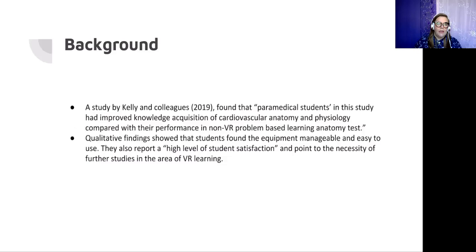A study by Kelly and colleagues in 2019 found that their paramedical students had improved knowledge acquisition of cardiovascular anatomy and physiology compared with their performance in a non-VR problem-based learning anatomy test. And their qualitative findings showed that students found the equipment manageable and easy to use, and they also reported a high level of satisfaction. So they point to this as a reason to continue to study the area of VR